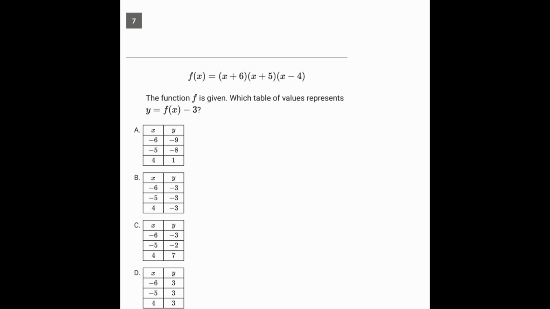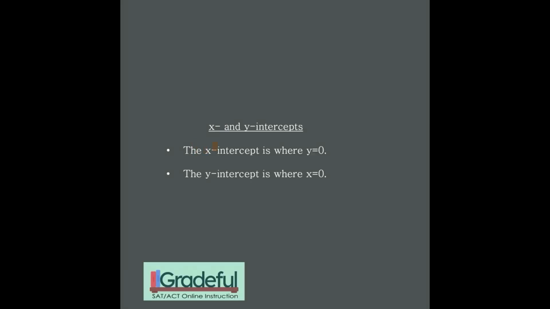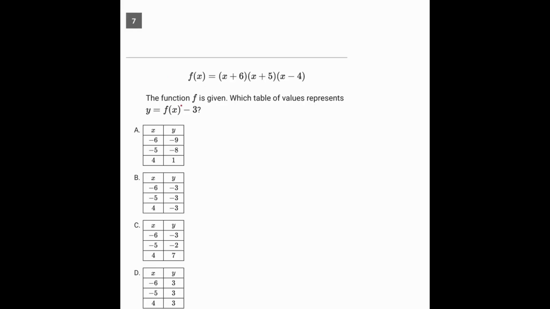We can solve this question from the standpoint of x-intercepts. If we know that the x-intercept is the place where y is 0, and by the way, the y-intercept is the place where x is 0, then we can start by making y 0, and the y is f of x here. So if we have it looking like this,